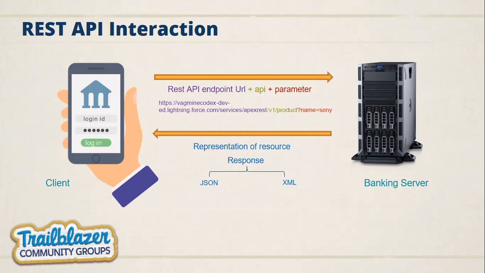So that is a representation, which is the acronym REST, representational state transfer. You are representing data which is available in force.com in a different format, which is JSON or XML. So data is transformed from tabular to JSON. That is the representational state transfer, which is the REST API. Okay, so we understand what the REST API is, and the main point is the REST endpoint. The URL is the most important point for REST API integration.